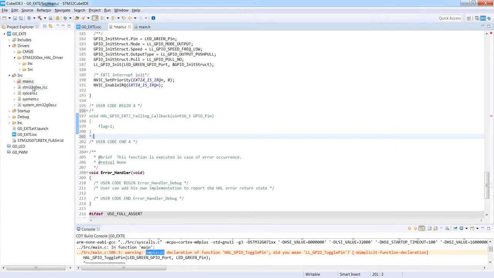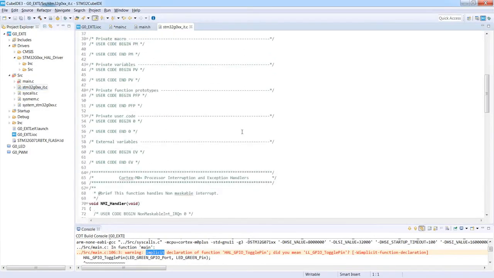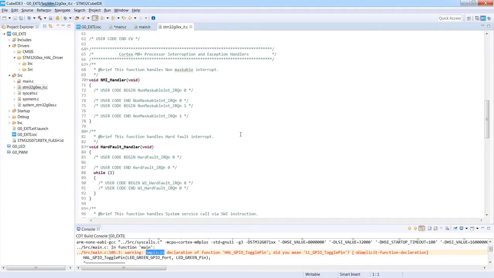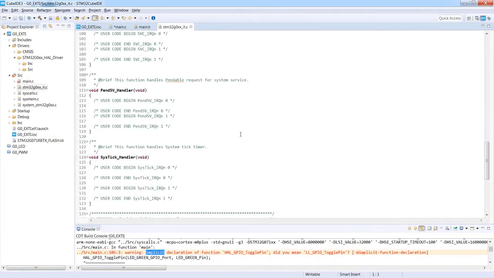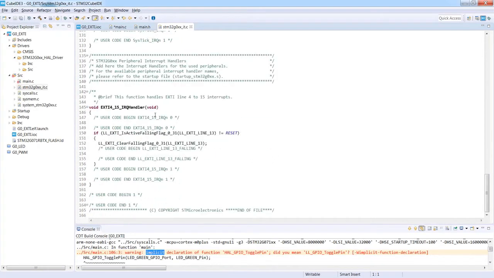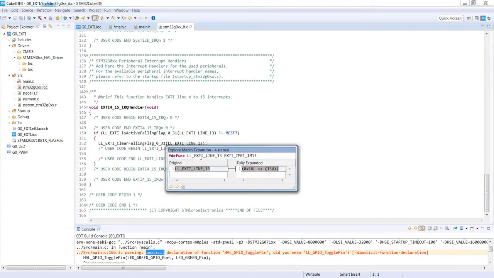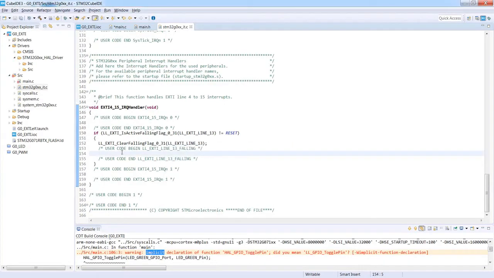So let's go to the interrupt vector file, where we've got all the procedures of active interrupts. And again, we've got some system ones like NMI, HardFault, SVC, PendSV, and SysTick. And we've got our IRQ handler for external interrupts. So as you can see, again, everything is done for us. I mean, detection of the source of the interrupt and clearing the flag. But instead of calling an additional function, everything is done within this file. So we've got one call less in the hierarchy of the interrupt handling process.